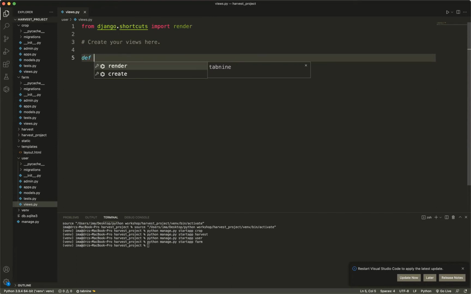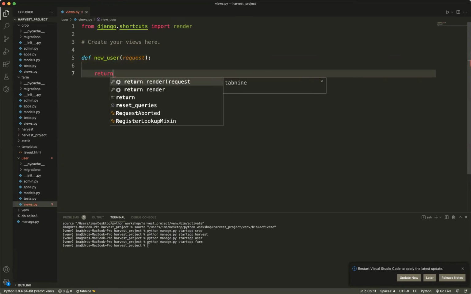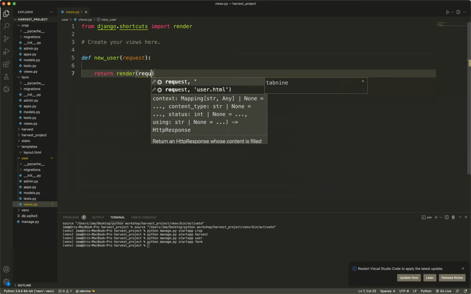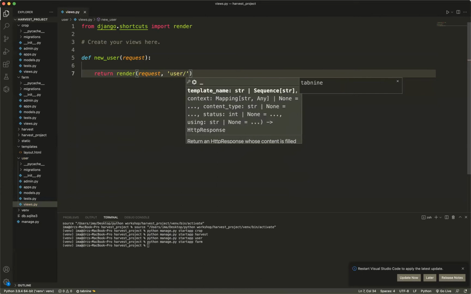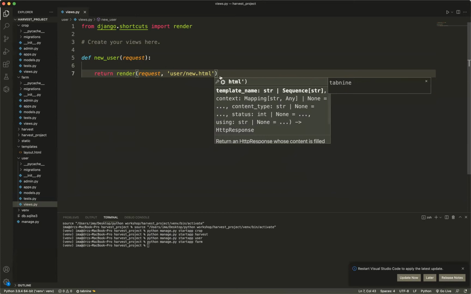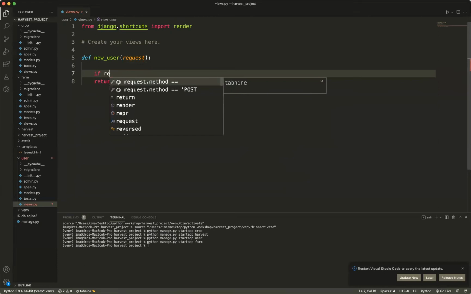So we are going to do a lot of functional programming here. New user request, right? So return render request slash user slash new.html, right? And then so if request